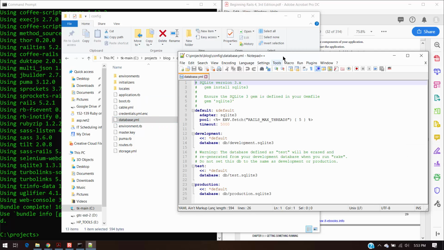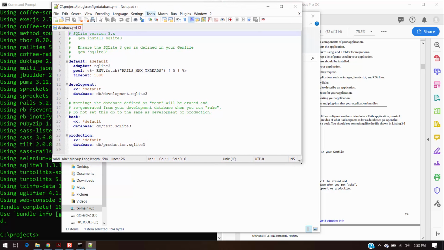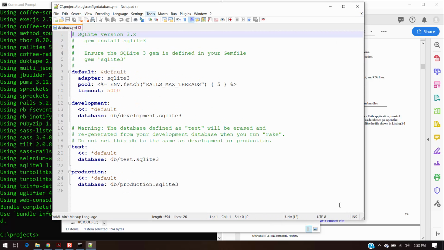Now, what I want you to take a look at here are a few things. So this clearly is some sort of a configuration file for the database. And what I want you to notice is that there's some settings in here that, of course, can be tweaked and changed. But these are the ones that we're working with by default. Now, notice that the default setting for database is SQLite 3. That is just the default for the environment. Notice that this file, even though it's a YAML file,